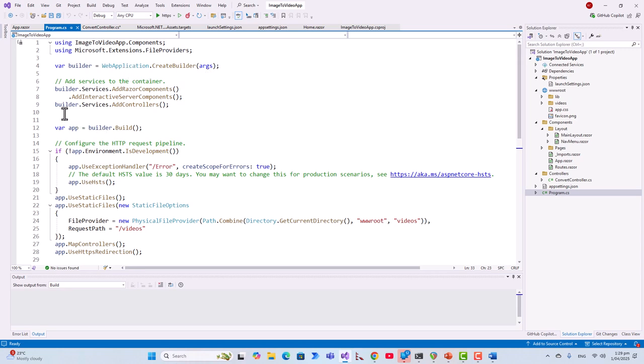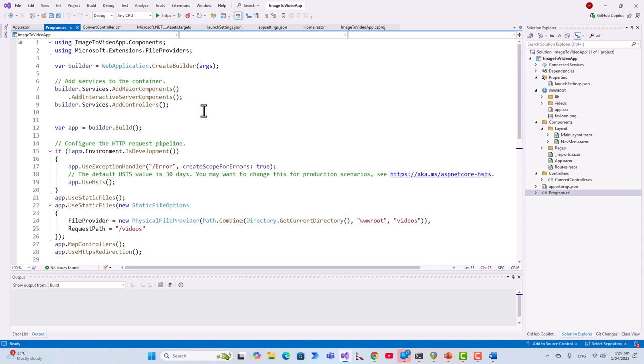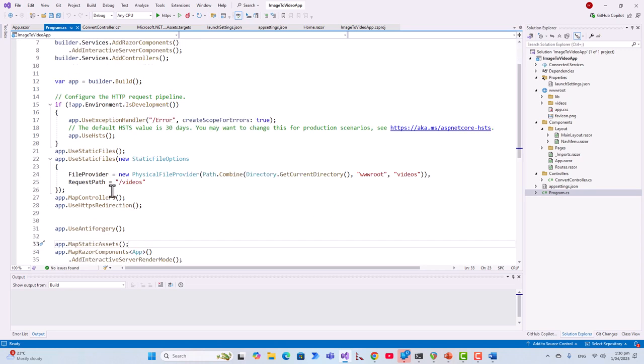And this one is very important to write, builder.Services.AddControllers, because we are actually using the API controller, and by default it doesn't come up when you build that Blazor server app. Then builder.Services.AddRazorComponents.AddInteractiveServerComponents, then builder.Build, and then I'm using the middleware app.UseStaticFiles,